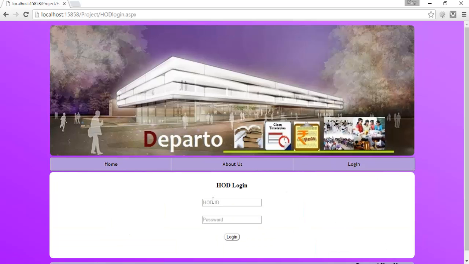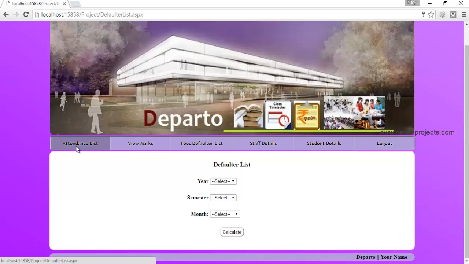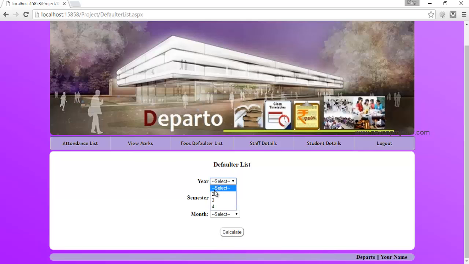Over here you must specify the ID and the password. So let's enter the ID and the password. So once the HOD logins to the system, these are the modules you can access. So first we see the attendance list. Over here you can view the defaulter list. You must specify the year and you must mention the semester and the month. Once he clicks onto the calculate button,